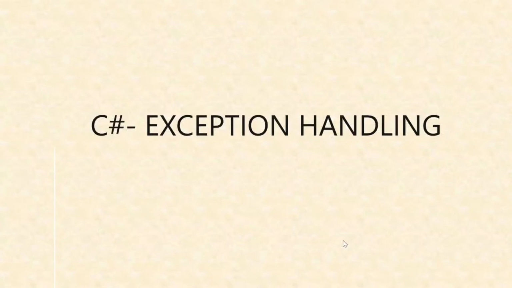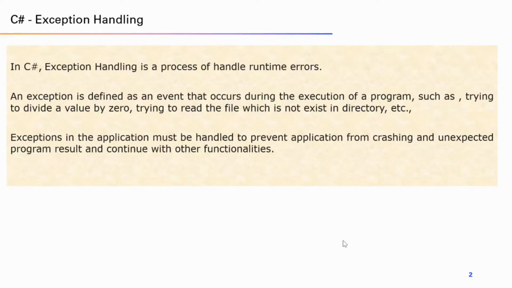Hi all, let's see exception handling in C Sharp. Exception handling is a process of handling runtime errors. An exception is an event that occurs during the execution of the program when something is not correct, such as when we try to divide a value by zero or try to read a file which does not exist in the directory. When an exception, that is an error, occurs in our application, the developer should handle it to prevent the